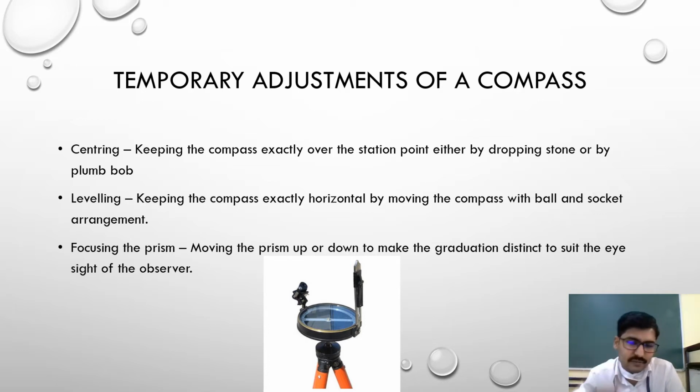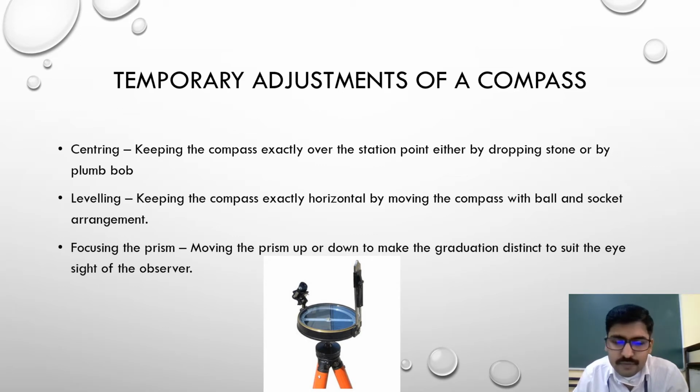That means the needle is under the influence of the compass box, right? So when the compass box is rotated, you should make sure that only the compass box rotates, not the needle along with the graduated circle. Since the needle and graduated circle are attached to each other, they cannot move independently; they will move together. So when you rotate the compass, you should not have the needle moving. That is the way you confirm that the compass is leveled.